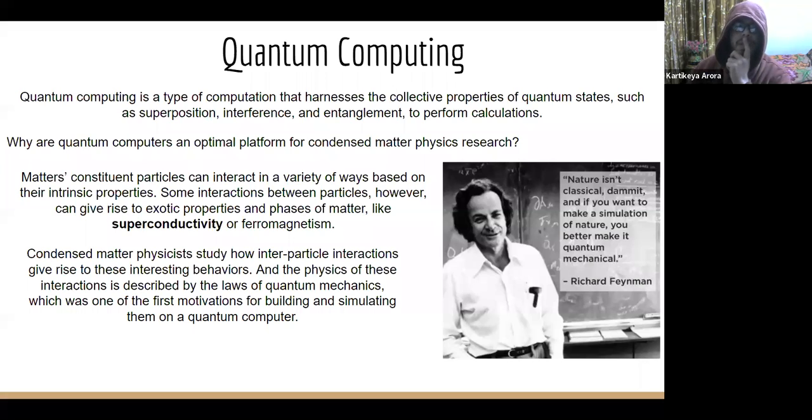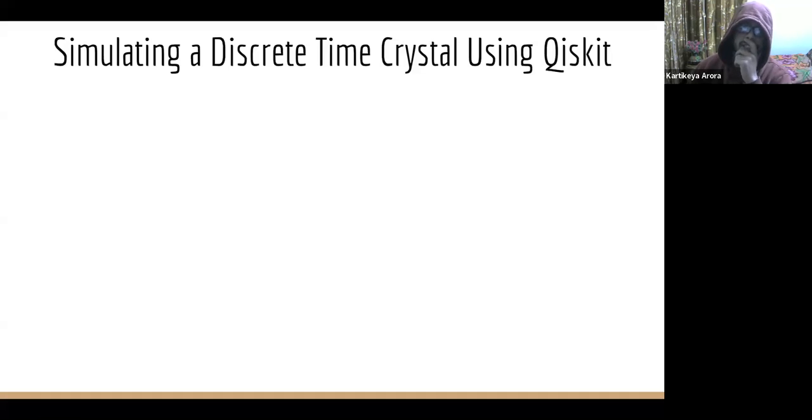Now, as an example, I'll discuss the application of a language called Qiskit. It is a quantum programming language developed by IBM. I'll discuss how to simulate a discrete time crystal using Qiskit on an IBM supercomputer. So before that,